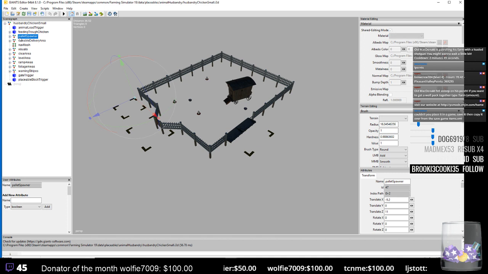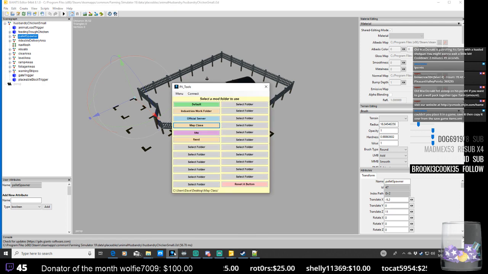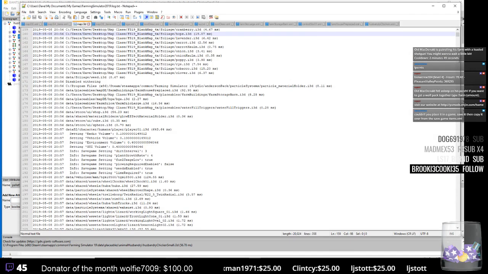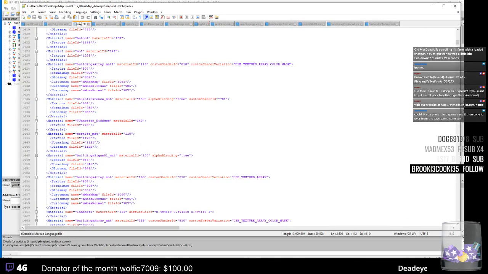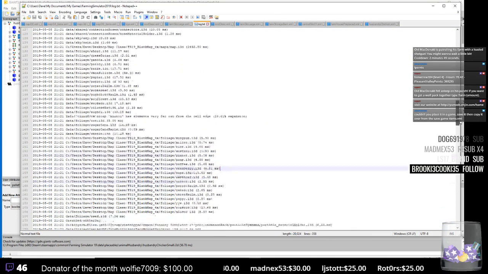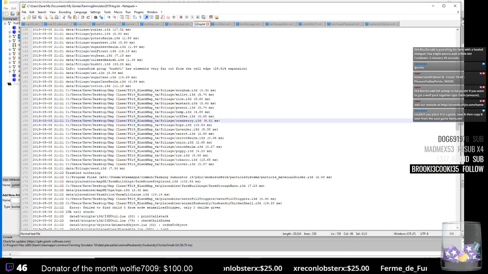So it's probably in the XML file. There's nothing there. The error message that we received was failed to load child 5 from animal load trigger, or something like that. Where's the log file? Log file right there. Failed to find child 5 from animal node, animal load trigger. So I'm wondering if the XML file...